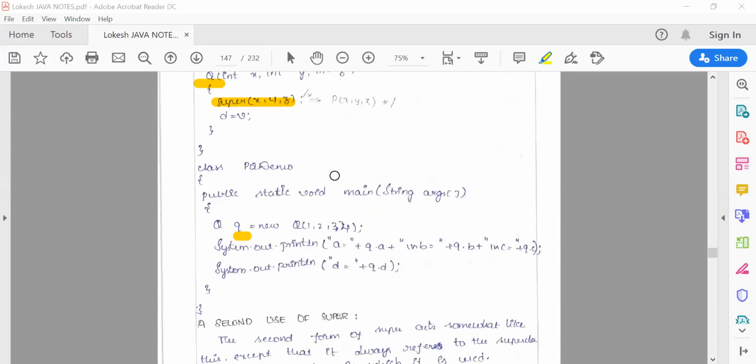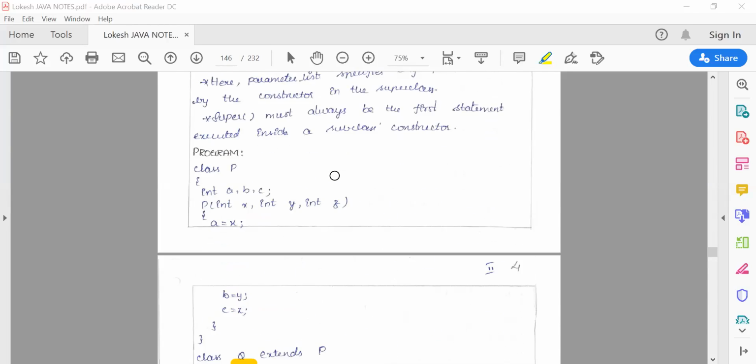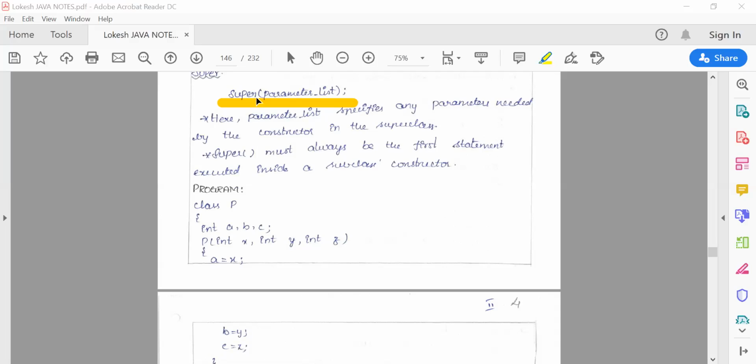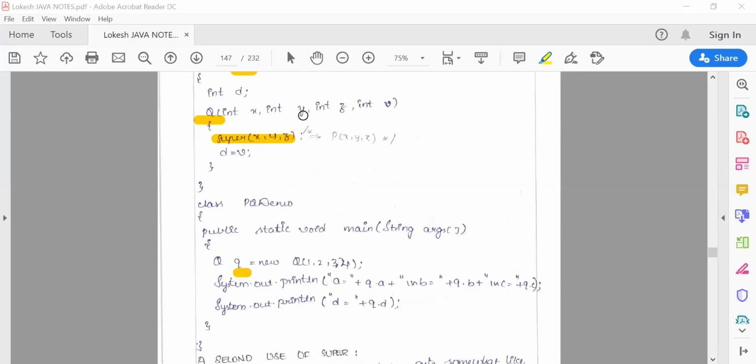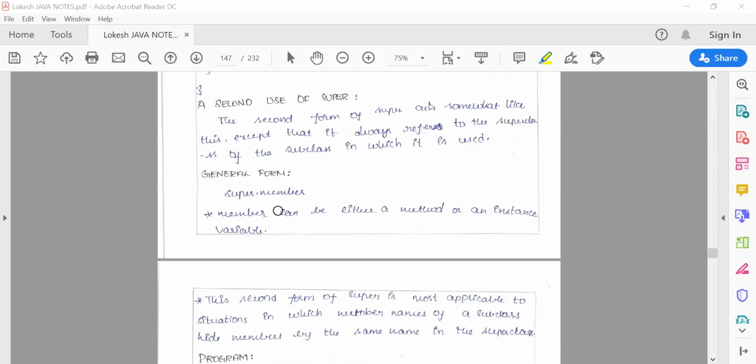Now, when you're trying to call the superclass constructor, what was the syntax that we used? We used super, parentheses, with any parameter list if required. In the second form, when you're trying to call a member, similar to how you use it with an instance variable, we just use the keyword super dot a member. This member can be an instance variable or a member method. That's our choice based on the program code.